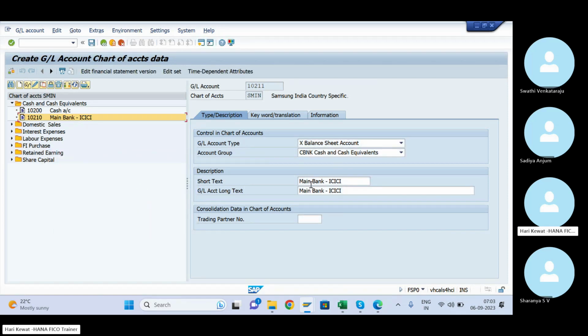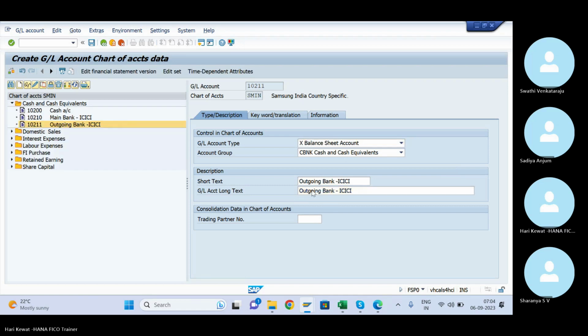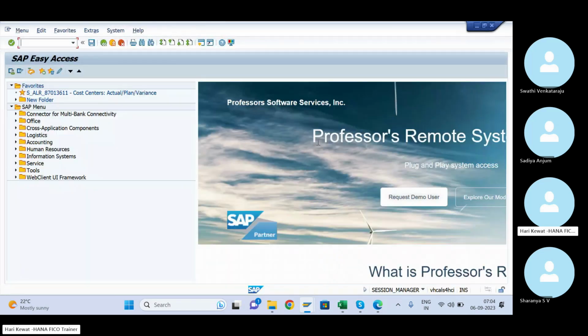Okay, so here outgoing, outgoing bank. Okay, so these two got created and this.